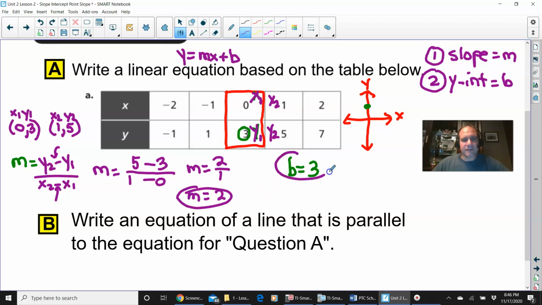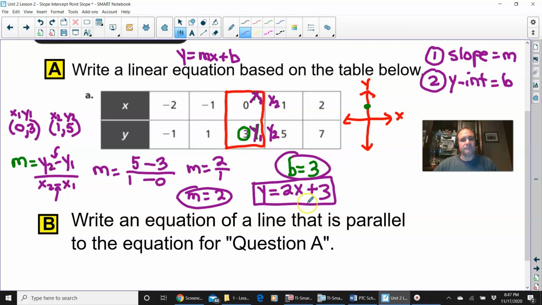The y-intercept is 3. What's the equation of a line with a slope of 2 and a y-intercept of 3? Take a second, write it down. Equation of a line with a slope of 2 and a y-intercept of 3. Yep, so y equals mx plus b. We have it up here. We're going to substitute the m in as 2x and then the b in as 3. This is the equation of a line,